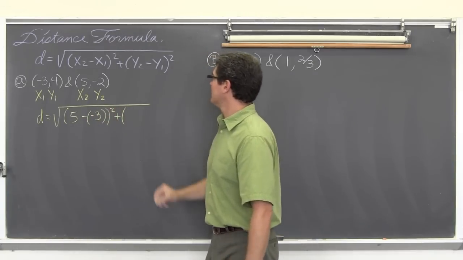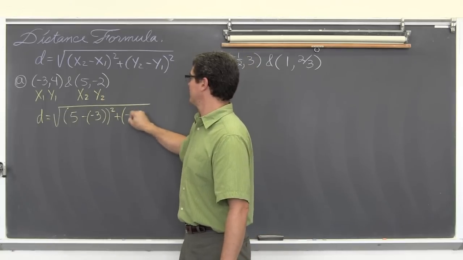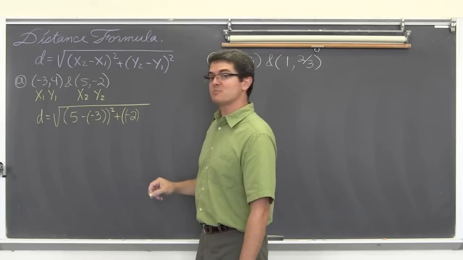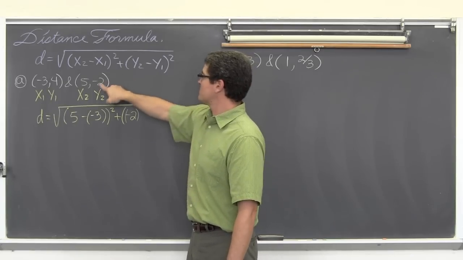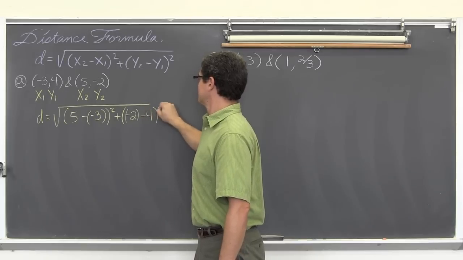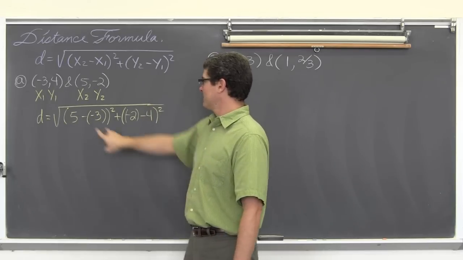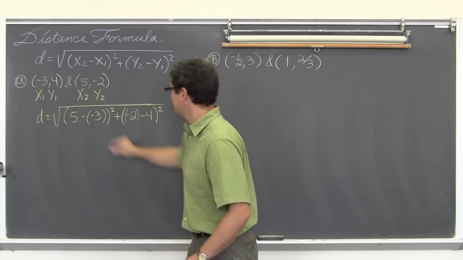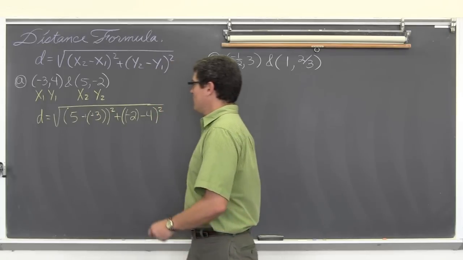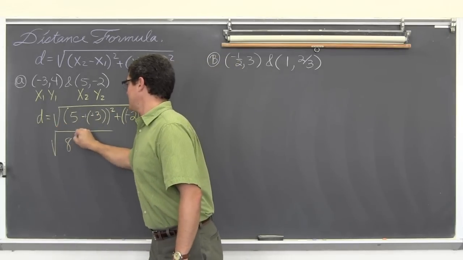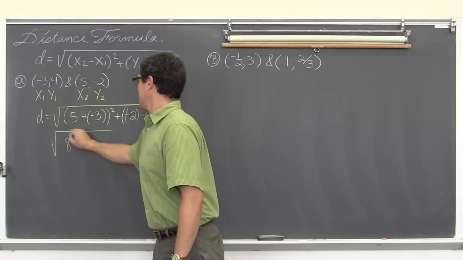Plus, or squared, plus y sub 2, which is -2. Nothing out in front of there, so we can wrap that if you like. It's not going to do anything in this particular case. But y sub 2 minus y sub 1, which is 4. There's two negatives. The negative times negative is positive, so that becomes basically a plus sign. And we have the square root of 5 plus 3, which is 8 squared, plus, and you should keep that